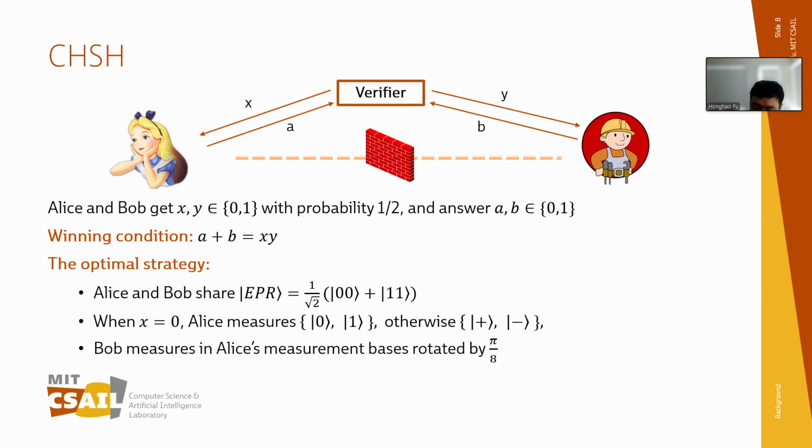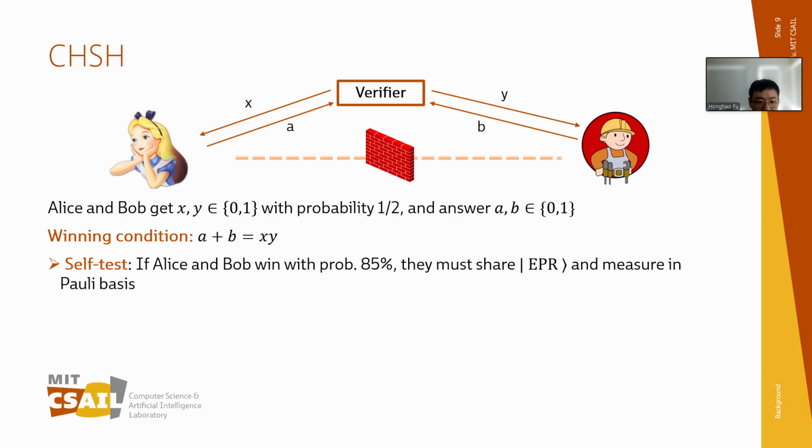Later, people realized that this is actually a self-test. And these are not only the optimal measurements in the CHSH game, but also the measurements that give the tightest approximation to the CHSH inequality in the first place. Correct? Yes, yes. Later people realized this optimal strategy is essentially unique. So what I mean is that if Alice and Bob use some arbitrary quantum strategy, but they can win with probability 85%, then we can distill one EPR pair and the measurements from their strategy using local isometries.